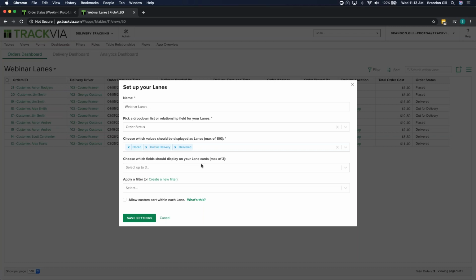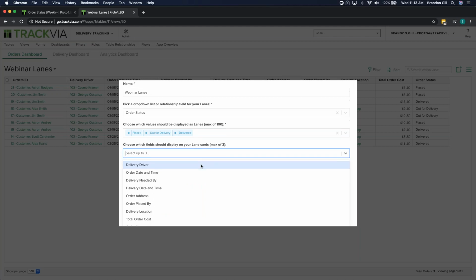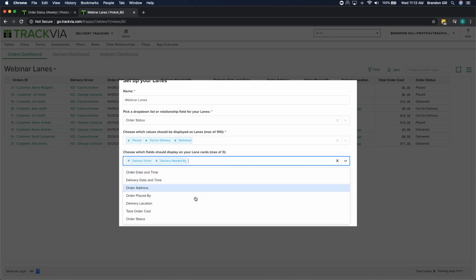Next, we're going to choose what fields we want to display on the card. So like I said, on those cards, you get a little bit of quick information there. So I can see all of the different fields that I can put on this card, and I'm just going to arbitrarily select a few, maybe who's our delivery driver, when is the delivery needed by,